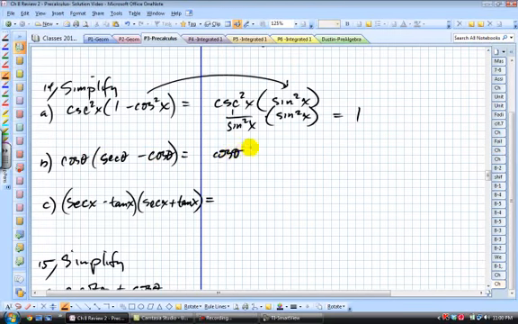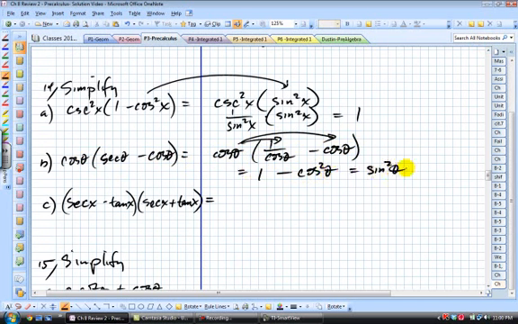Here we have cosine theta times 1 over cosine theta minus cosine theta. Distributing through, we get cosine over cosine, which is 1, minus cosine times cosine, cosine squared theta. That's equal to sine squared theta. Done. And here this is full, so secant squared theta